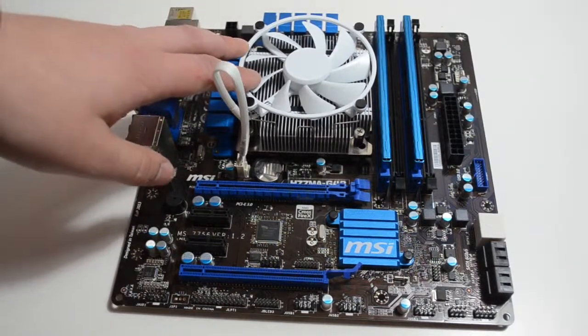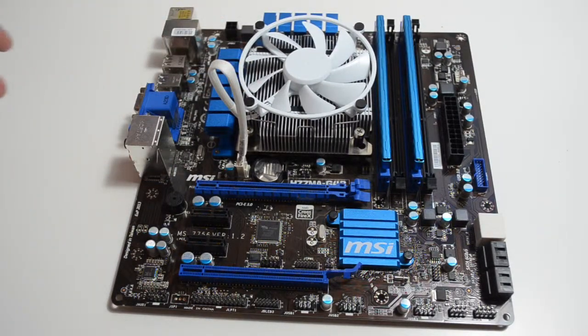This is obviously an MATX board. The difference being with an SFX board or ITX board, it's going to be exactly the same